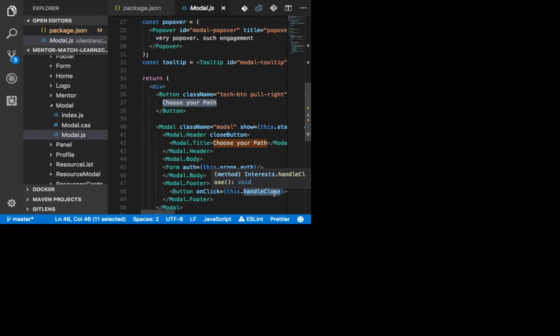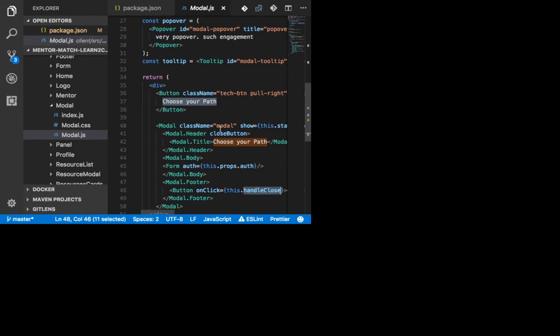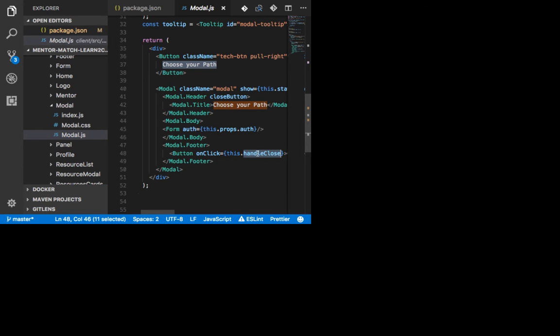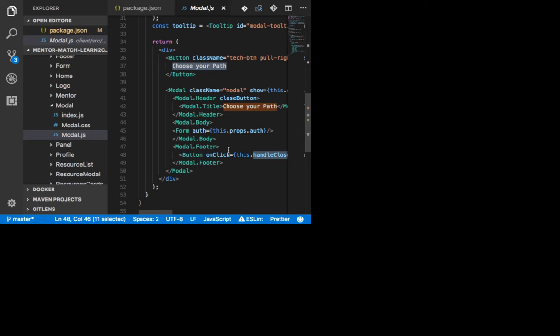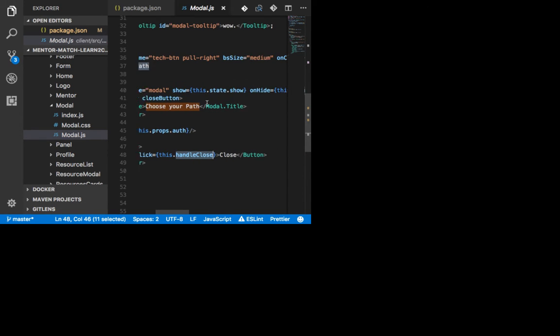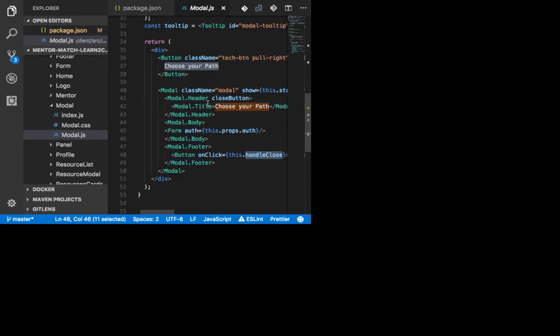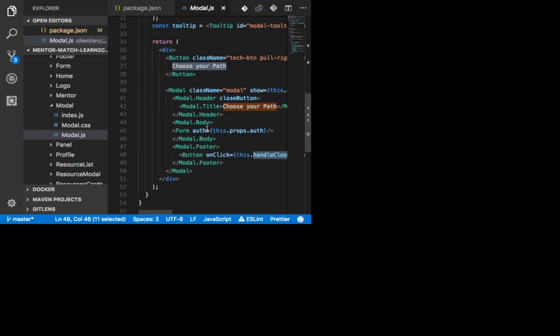This function, if I'm understanding, guys, takes the value of whatever the user selects. Is that right? No, this handles the close. No, that just closes the modal. Which one handles the form? It's in the form, so it should be a form component.